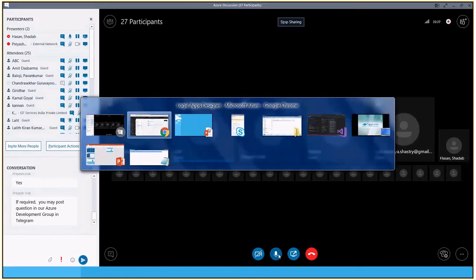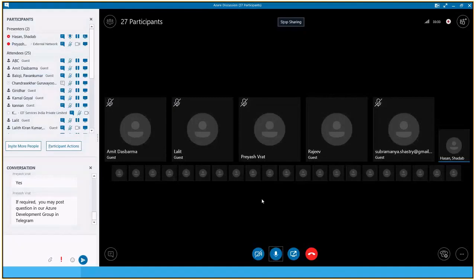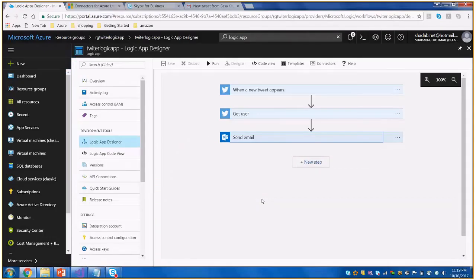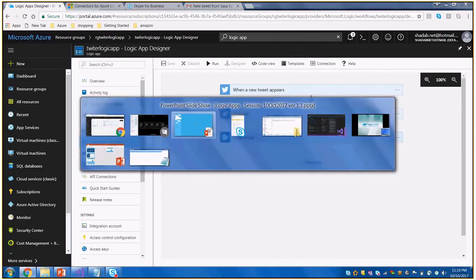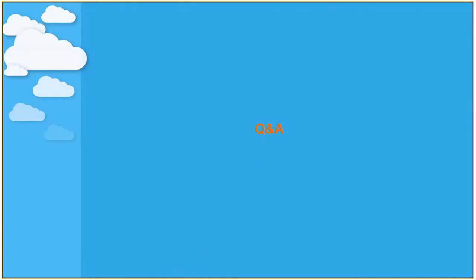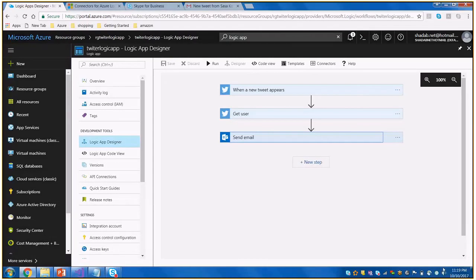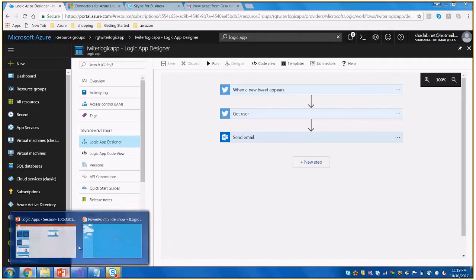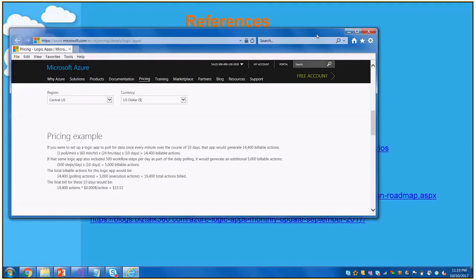Any other question? One thing I would like to answer, like Amit was asking about the cost, right? Yes, please. So there is no upfront cost, and the architecture here is serverless architecture. Both your logic apps and your functions are based on the host, and for the components you have to pay, Twitter and Outlook. So at that time there is no amount you have to pay. But in case there is one action, like the number of tweets coming in and being executed, then